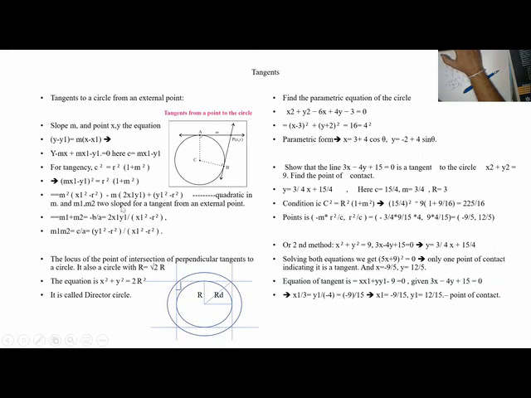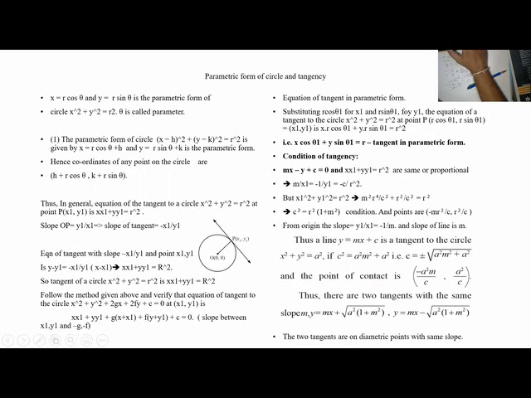m1 m2, the product of roots, is (y1 square minus r square) by (x1 square minus r square). So from this quadratic, we are assuming one line, we have found out this point, we have found out the equation for this, and we have found out these tangents. c square is r square into (1 plus m square). We have seen here the condition for tangency when the center is (0, 0). This is applicable only when the center is the origin. For other cases we have to calculate physically.